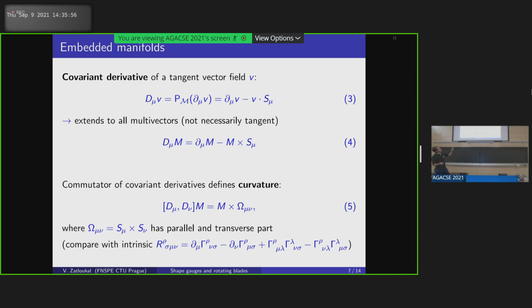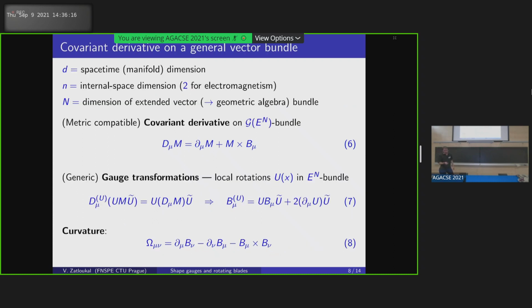Since the shape operators themselves have kind of a potential rotating blade. And one can compare this expression with, say, the expression for the intrinsic Riemann tensor in terms of the Christoffel symbols, where we also have the derivatives of the Christoffel symbols. Okay, so with those lessons, we would like to consider generic vector bundles, because this is where the gauge theories are